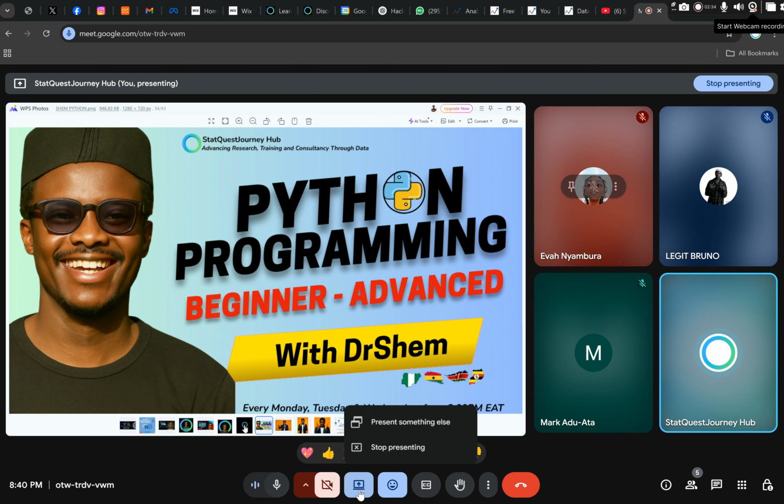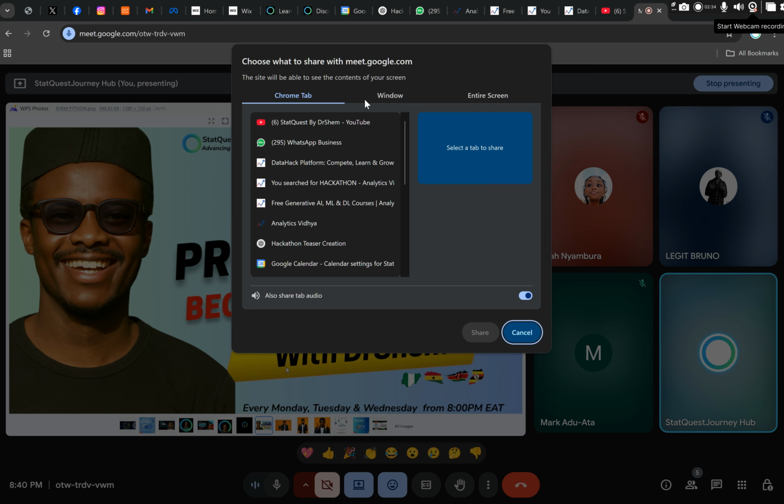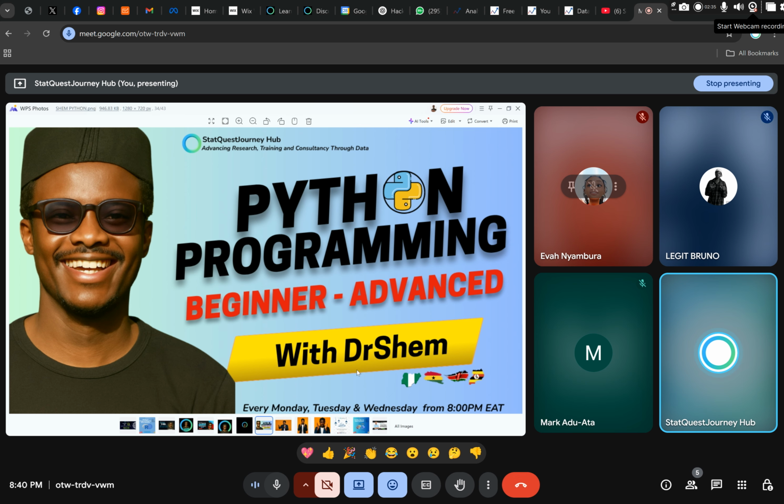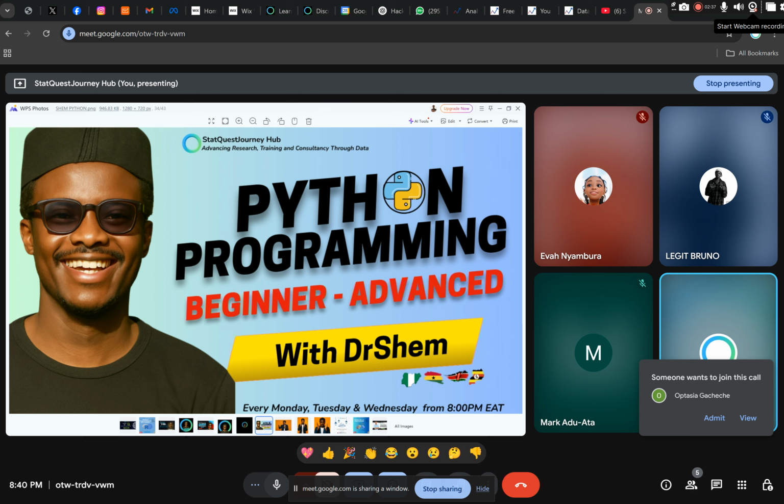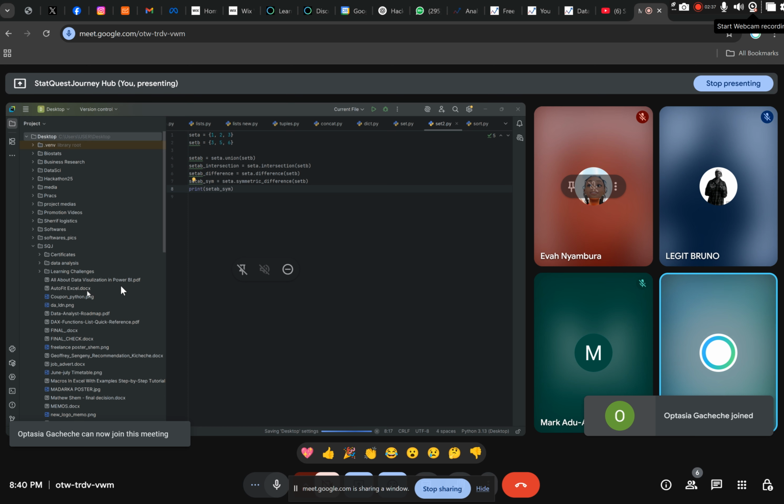Then I usually write for Python programming. So for easy follow-up, allow me to present my PyCharm screen now. Okay, so